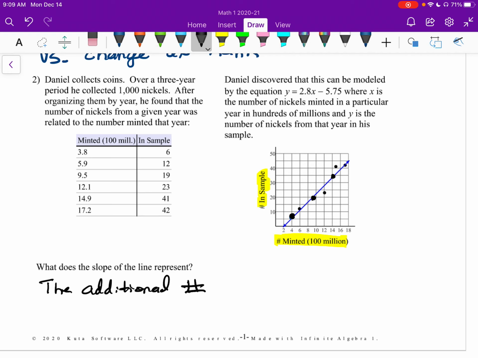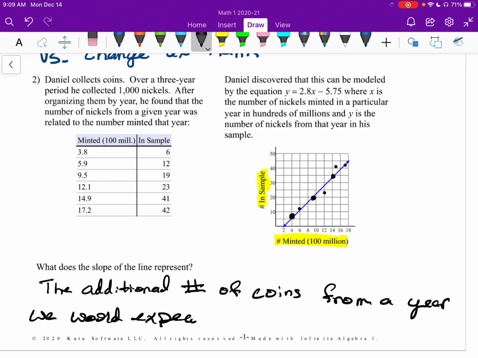The additional number of coins from a year that we would expect to find in our sample,